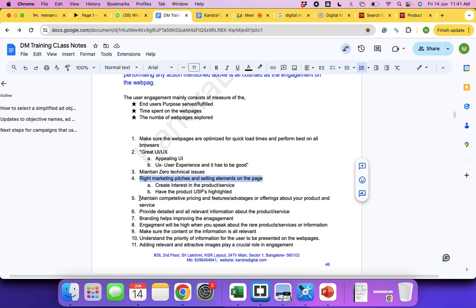Let's say everybody is selling the latest version of iPhone at 1.5 lakh, but on your website you are selling it at 3 lakhs. Straight away people will back off, correct? Let's take a digital marketing training. Let's assume we are making it very economical.